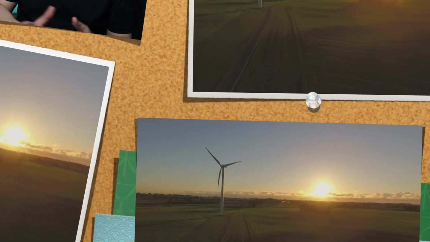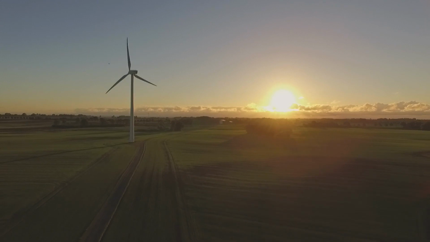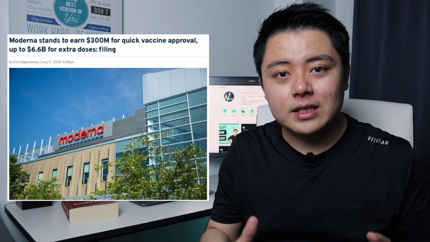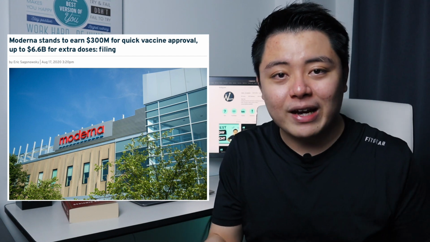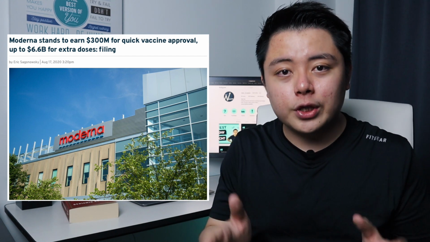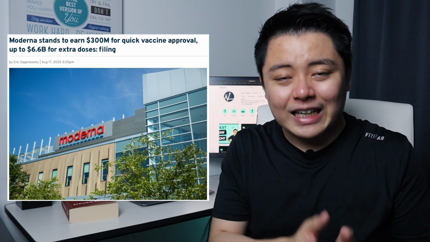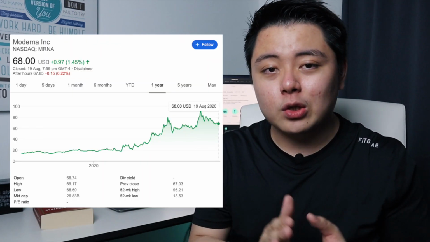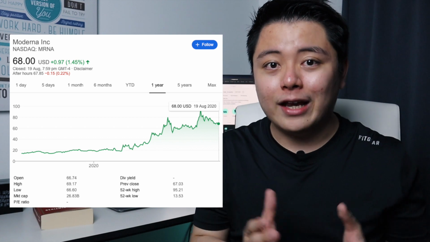For example, in the energy industry, if a renewable energy company is able to come up with a solution that costs less than the traditional fossil fuel, then rest assured their share price is going to grow multiple folds. Or another example I believe you can better relate to, which is the pharmaceutical and healthcare companies. In the face of the current COVID-19 pandemic, if any healthcare company is able to come up with a COVID-19 vaccine or even any vaccine to treat diseases such as HIV, cancer, or any other disease, then I believe you will agree with me that the share price or the valuation of the company will follow and grow as well.